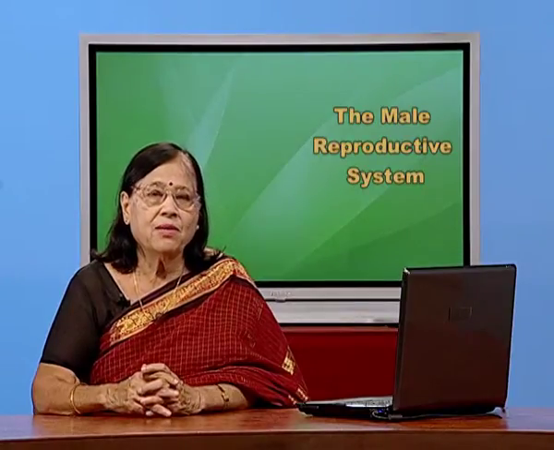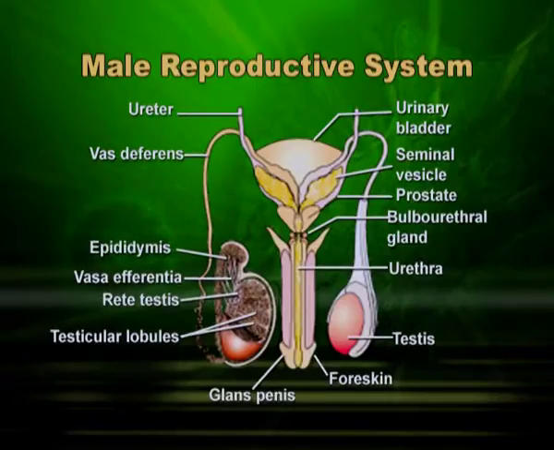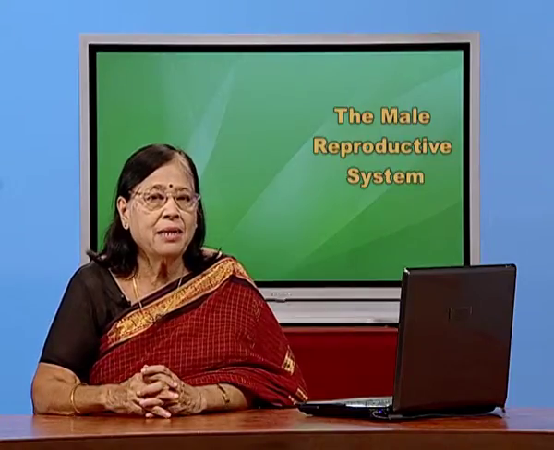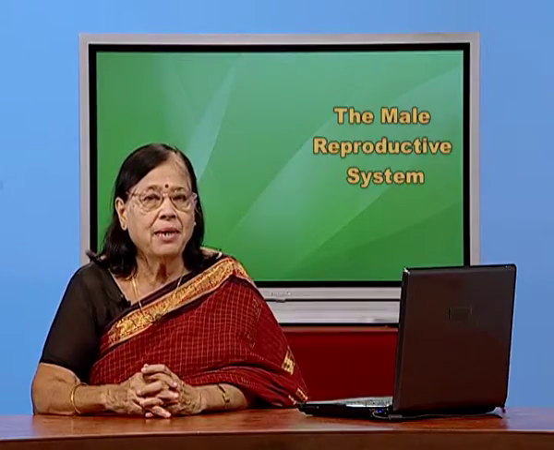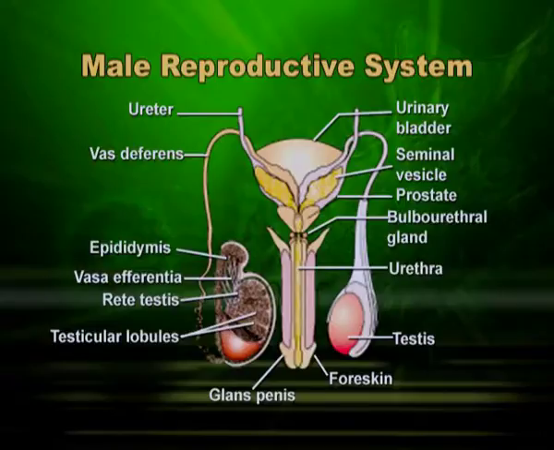Now this vas deferens which emerges from epididymis ascends to the abdomen or abdominal cavity and goes inside and will meet its counterpart, that is the other vas deferens, behind the urinary bladder, which you can see on the left diagram. The reddish color is the urinary bladder and two vas deferens are meeting there. The moment they meet each other, they lose independent existence and they continue now in the form of urethra. Many more things happen at this point. Urethra will receive